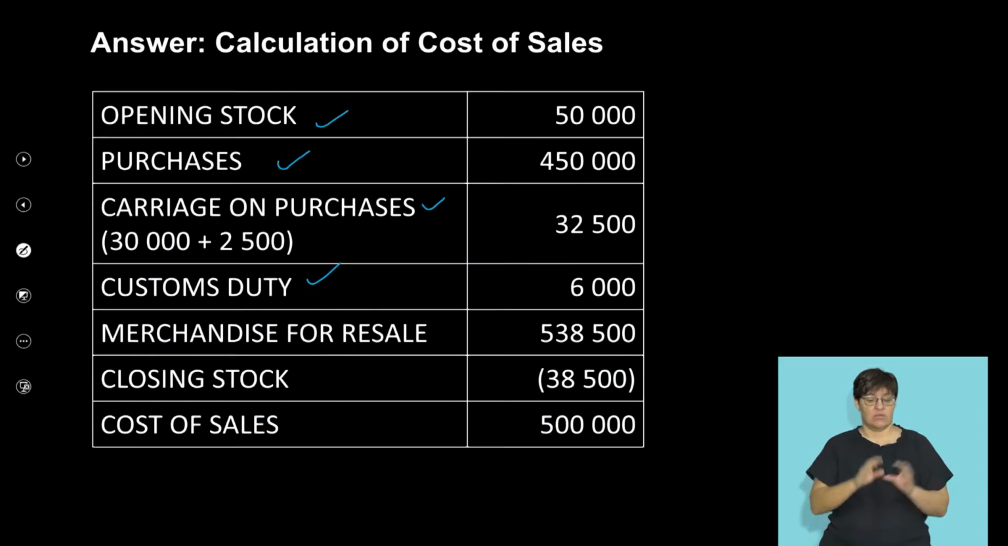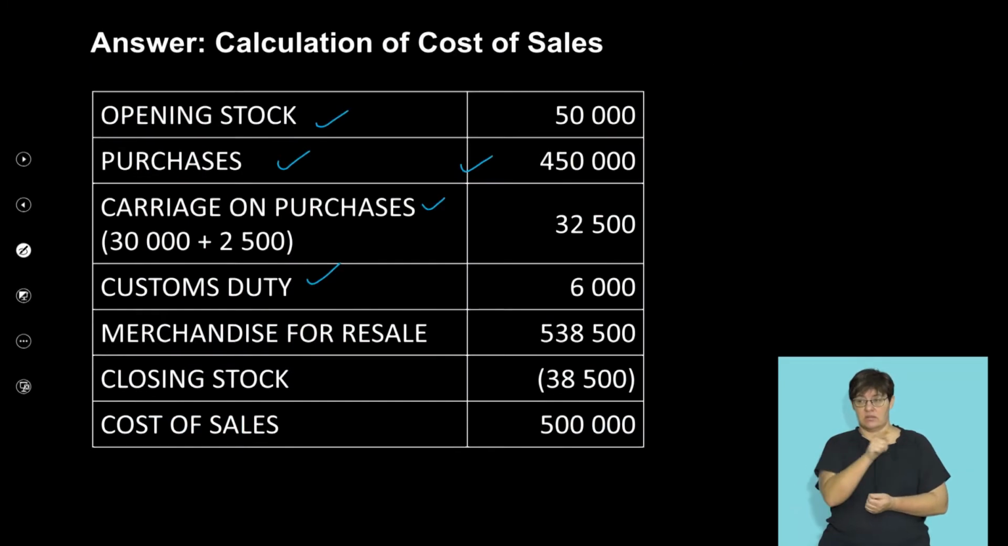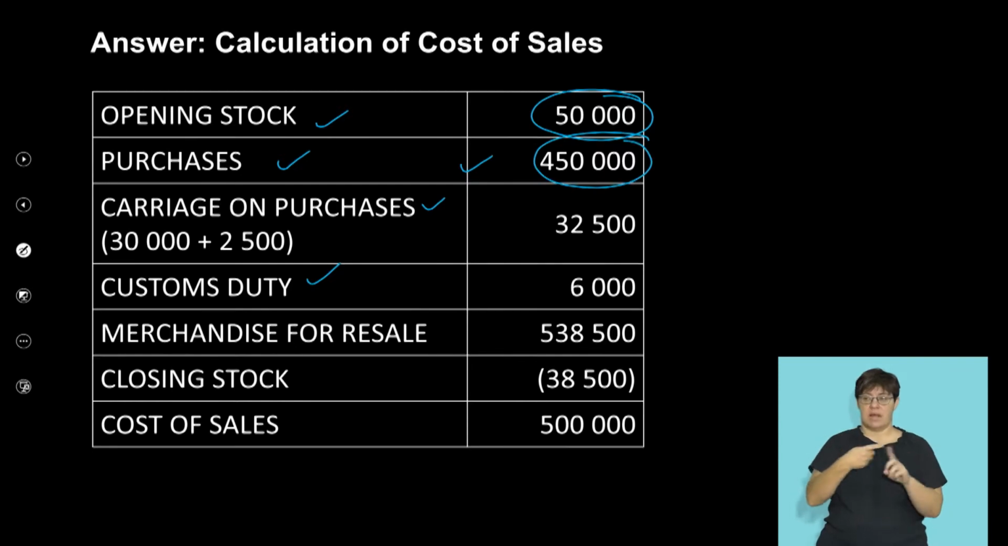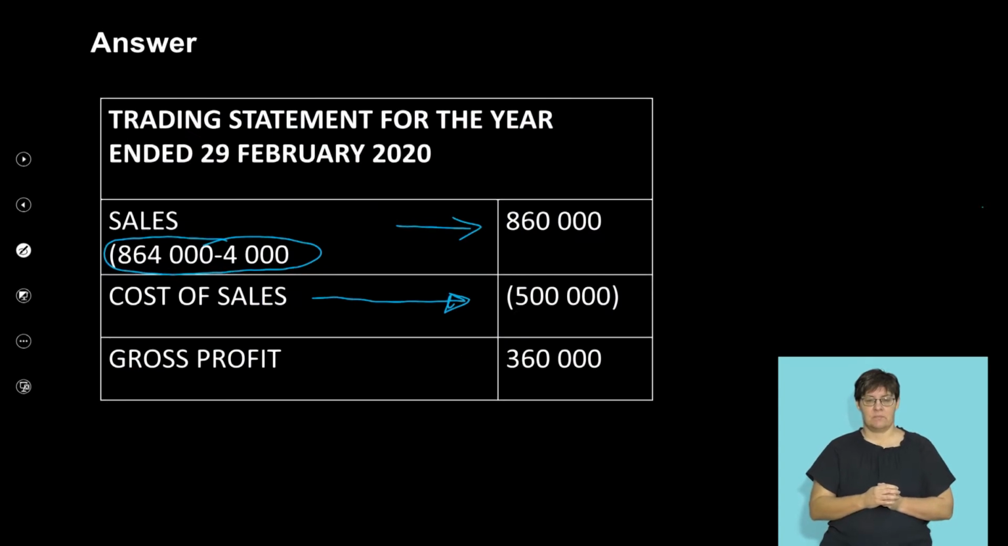So immediately I bring it in, 450,000. But before that was my opening stock. Opening stock of 50,000 Rand. Therefore, there's my opening stock, 50,000 Rand plus my purchases. Okay, now there was an adjustment. If you recall, let's find the adjustment where we were told that